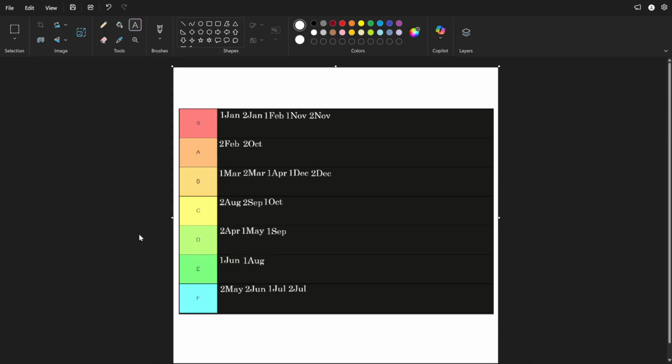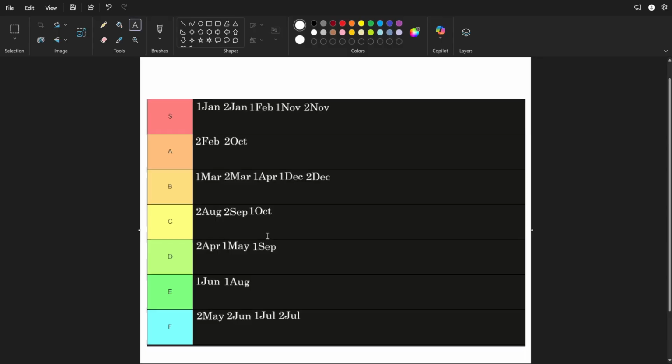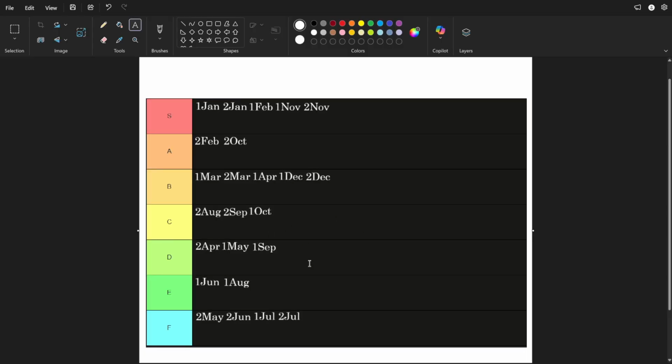So this is the tier list. It kind of just ended up being basically just temperatures,